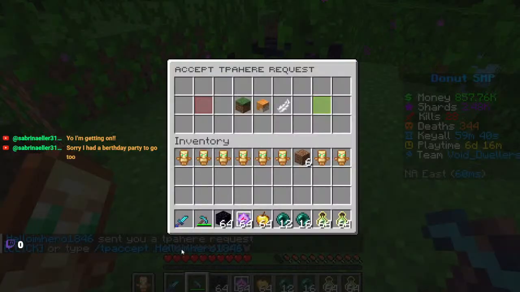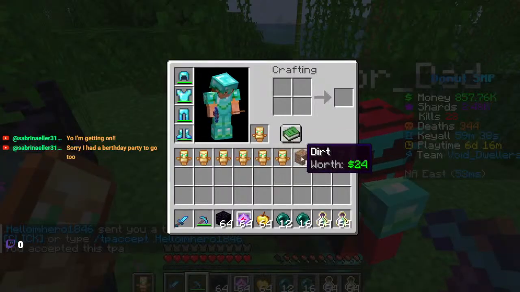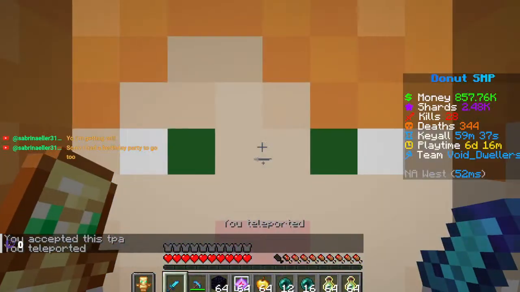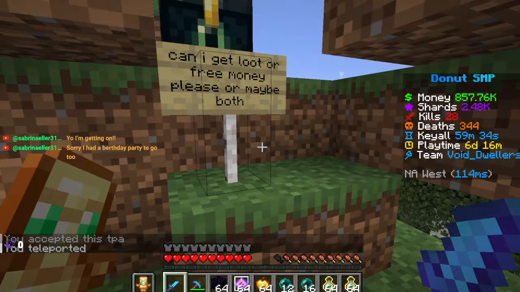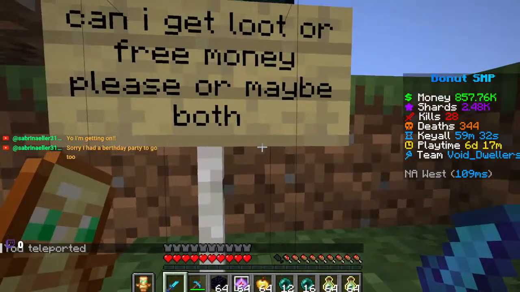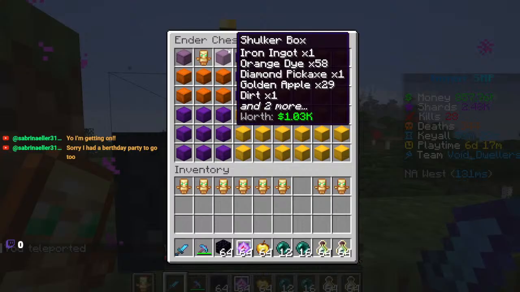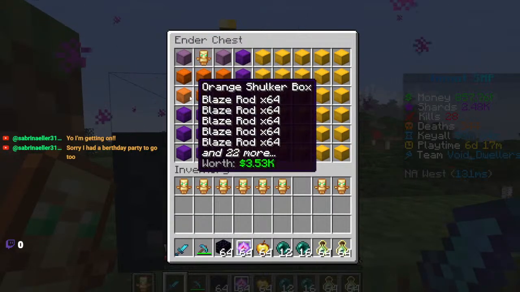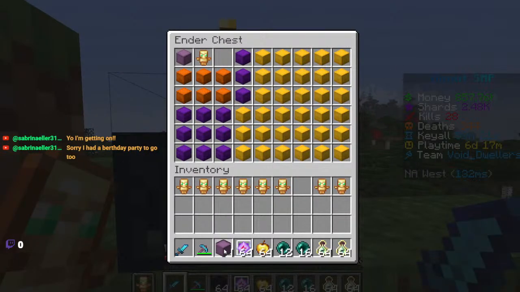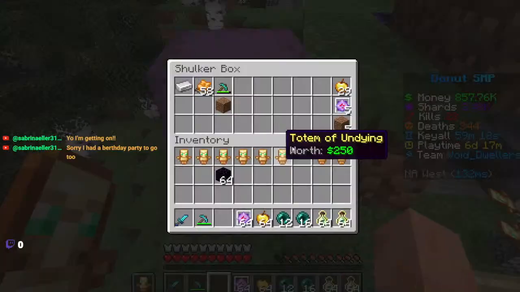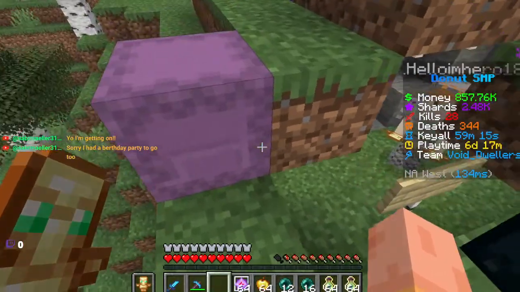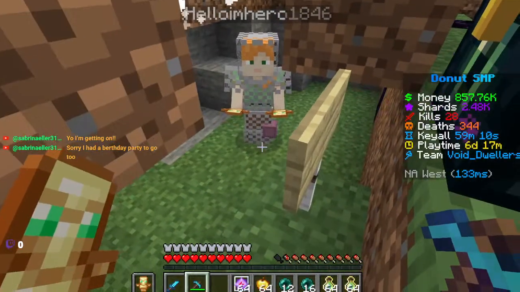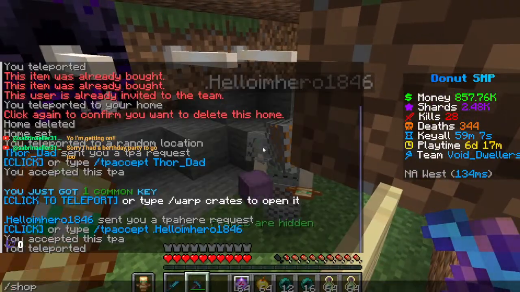Oh, hold on, I got a TP here. I got a TP request. YOLO! Can I get loot or free money, please, or maybe both? Hold on. I don't know if I have a lot. There's not a lot in there, but there, and I'll buy you